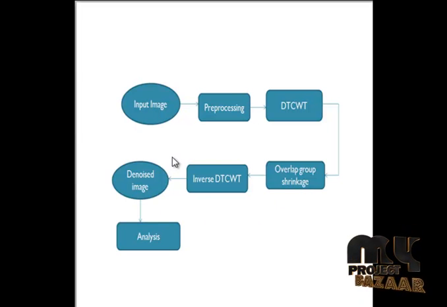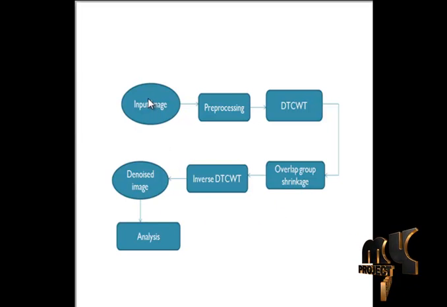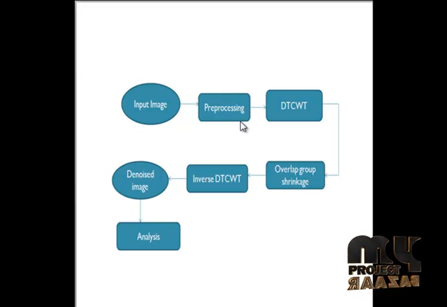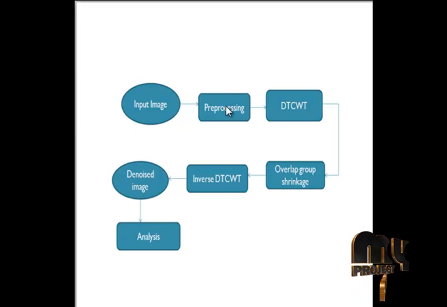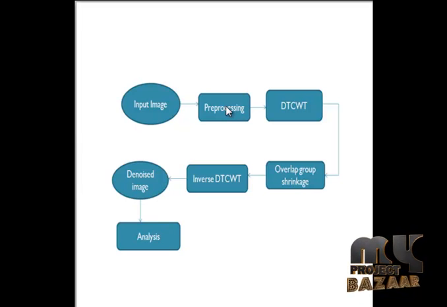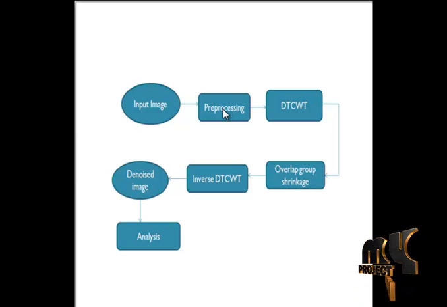This is the flow of our process. Here we have given the input image. The input image will pass through the pre-processing step. In pre-processing, we generate the Gaussian noise to the image. Gaussian noise is the statistical noise that has its probability density function equal to that of normal distribution. In other words, the value of the noise can take on Gaussian distributed values,